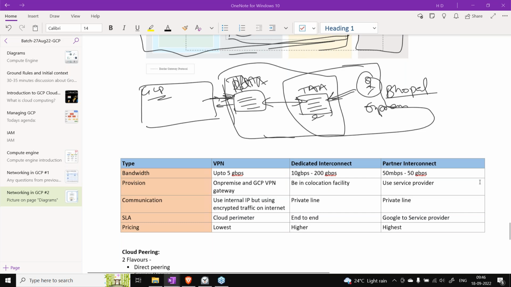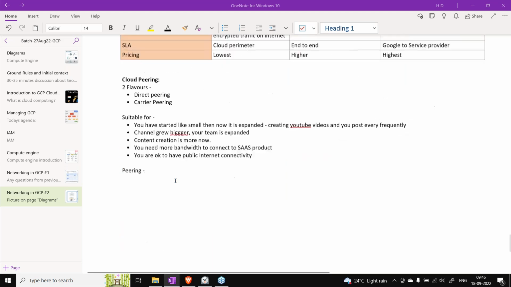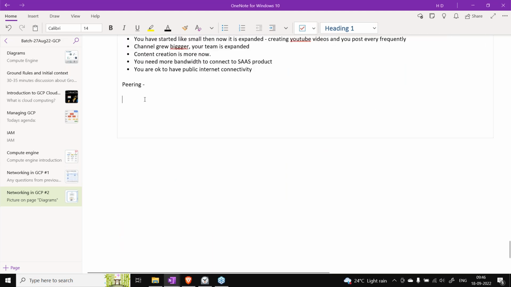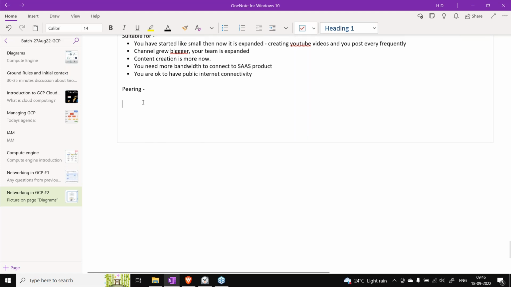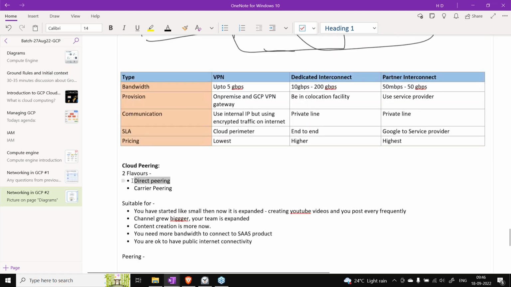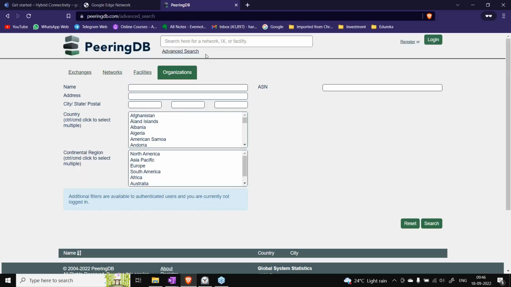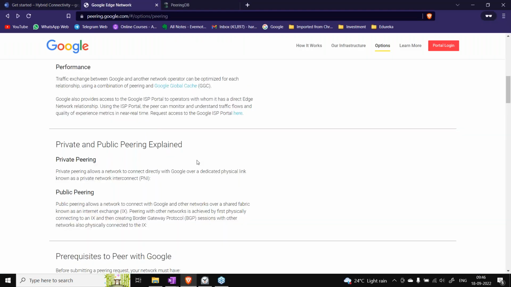Unfortunately, I don't have any diagram for that. But direct peering is just making a direct connection with Google Cloud, and carrier peering is like you can use a middleman service provider to make that peering for you. So that's all about this; peering options are also there.